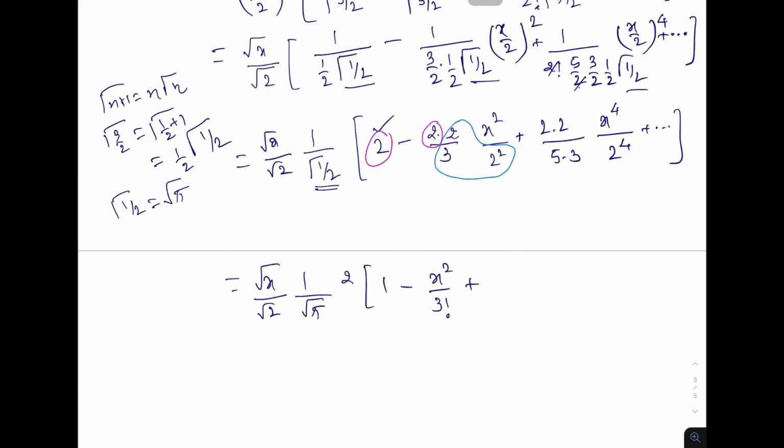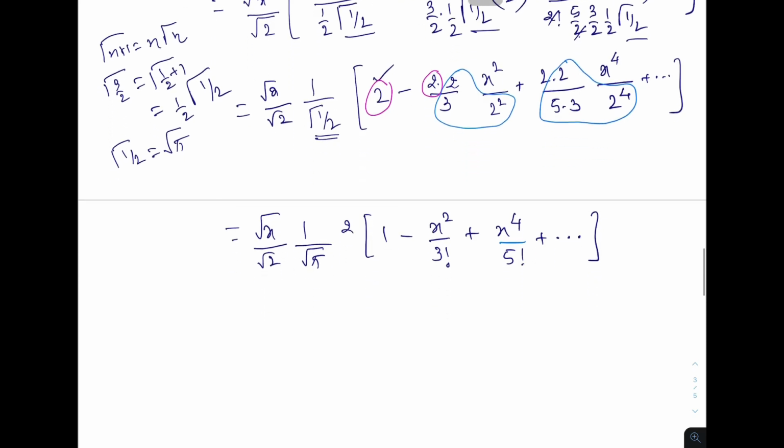Then plus this is x power 4. Now we have taken 1 2 outside, this 2 outside, and what remains here is this much. So 1 2 is cancelled, so this is 2 power 3, 8, 3 and 5, 5 3s are 15 into 8, 120. 120 we can write as 5 factorial, and so on. Fine.